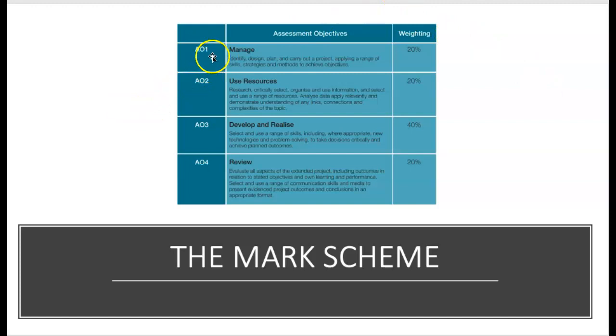In particular today, I wanted to talk a little bit about how the students have to show clear evidence of planning, or assessment objective 1. Assessment objective 2, as many of you will remember, is the use of resources, and that will come almost automatically. Assessment objective 3 is develop and realize, and this is where the students evidence decision making, problem solving, synthesis, skills building, etc. So the idea is the production log becomes the center of the project in which many of these things are evidenced all of the time. I won't talk too much about review because that's in the latter stages of the project, okay?